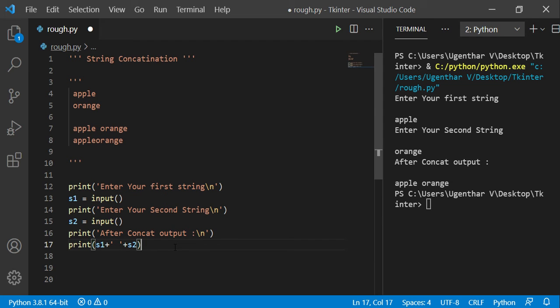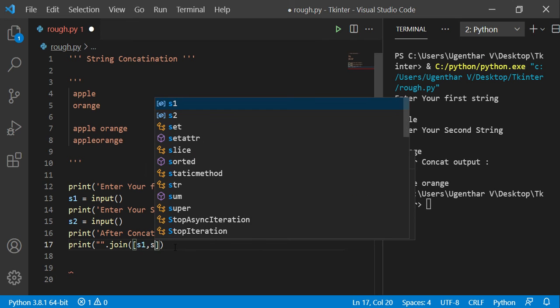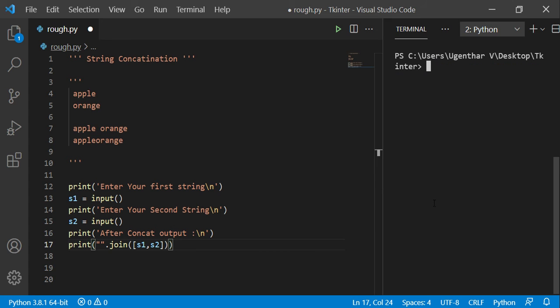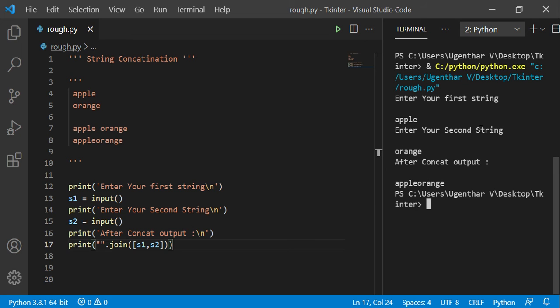The other way of doing concatenation is by using join. Inside join, you specify an array like this. That's it. This is another way of concatenation. Let me check the output. First apple, orange.